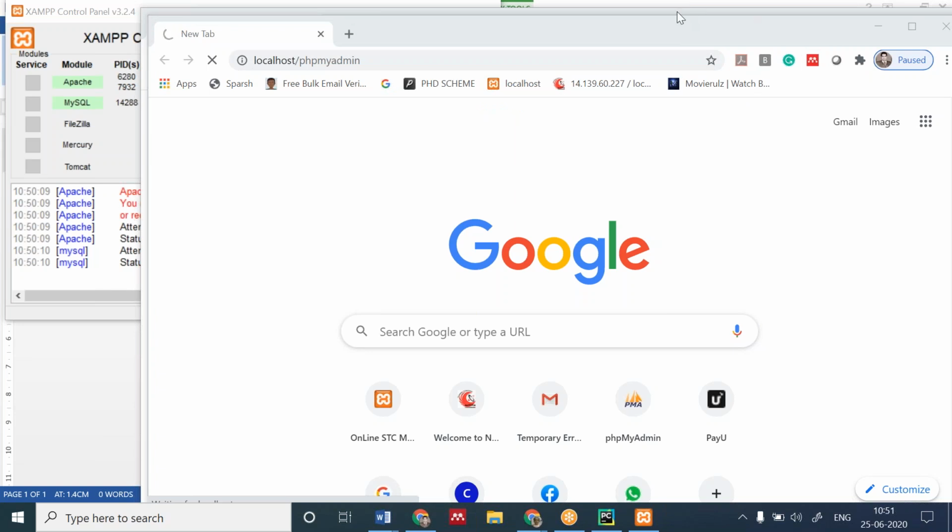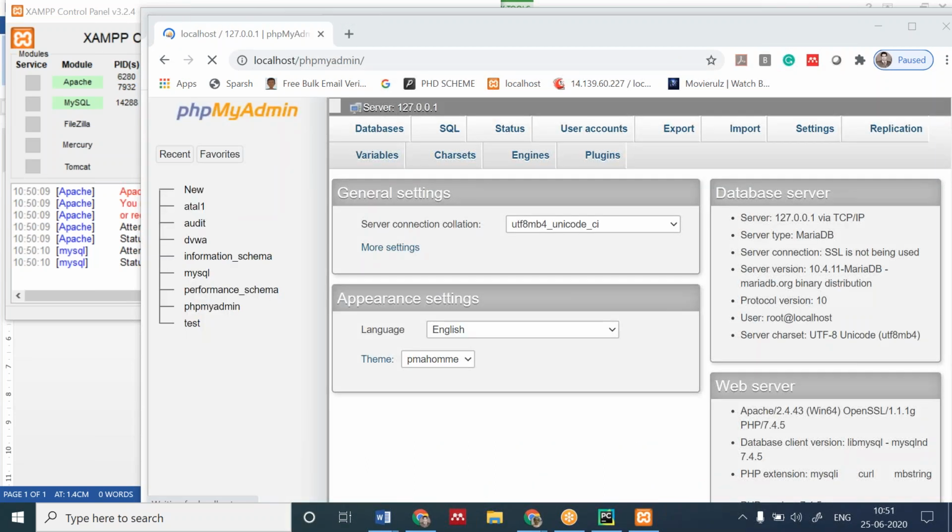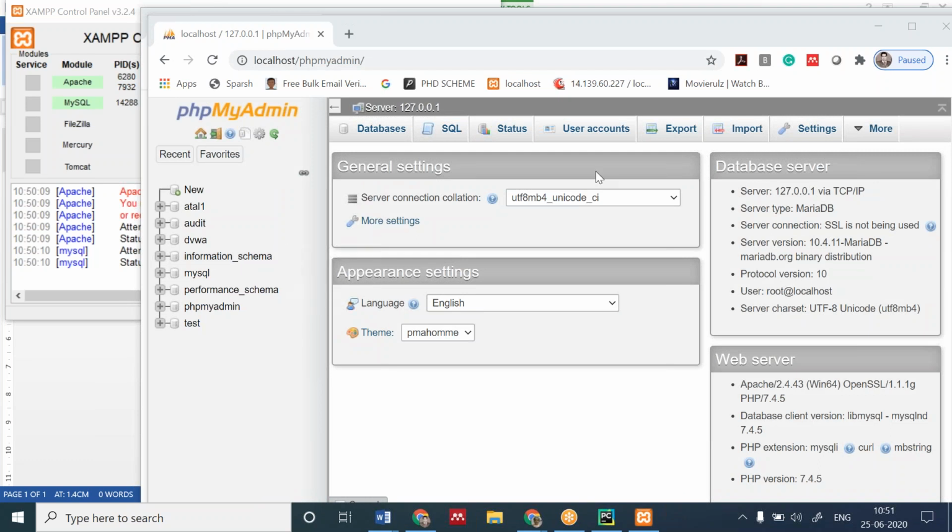Why I have downloaded XAMPP and what we are going to do in tomorrow's class. Most probably tomorrow we will be doing this. It's taking time. It's running on my server only. You can see it's phpMyAdmin. This is the MySQL database, which is inbuilt in XAMPP. We will be connecting our Django with this, and we will be creating the databases.